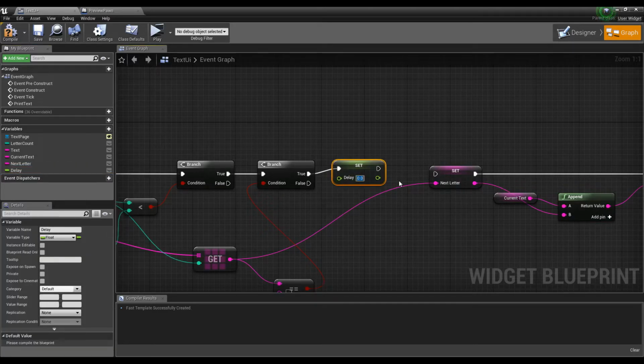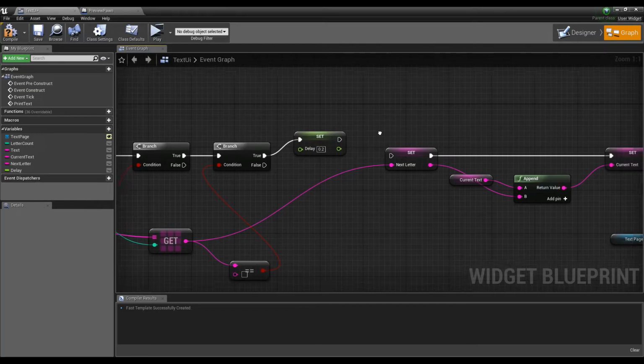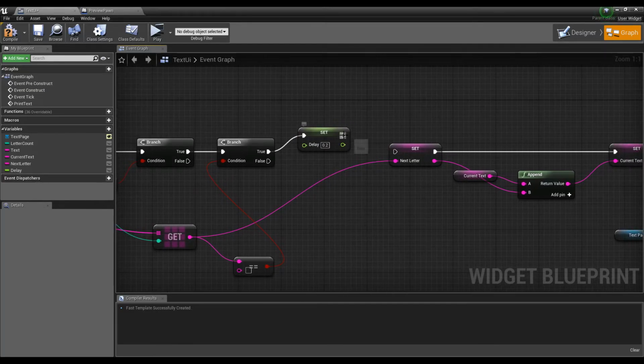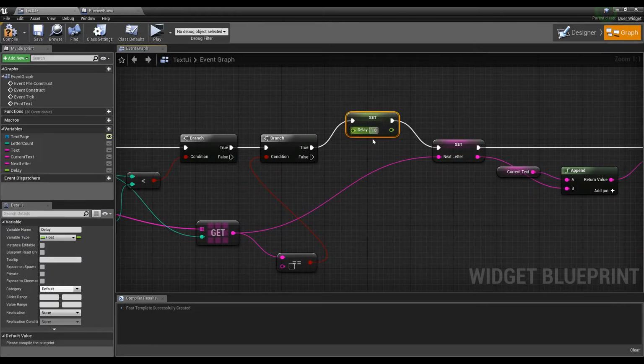Let's say 1 second, or okay, that's too much. Let's say 0.2 seconds, or maybe let's just so you could see, I'll make it 1 second. So if it's false,